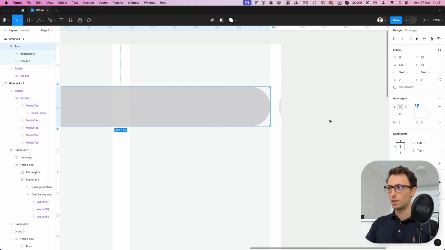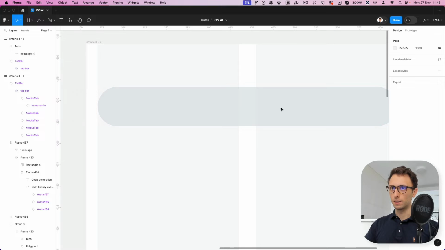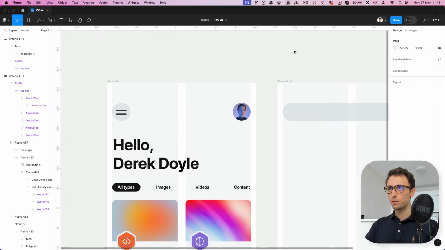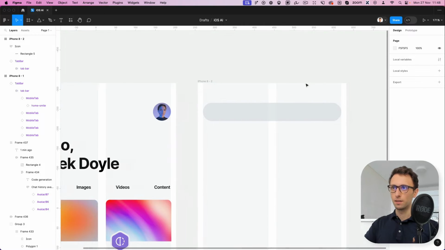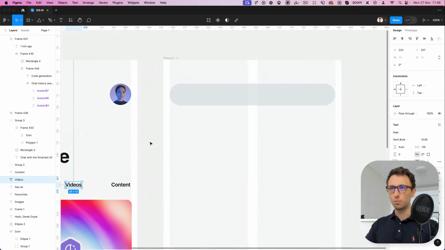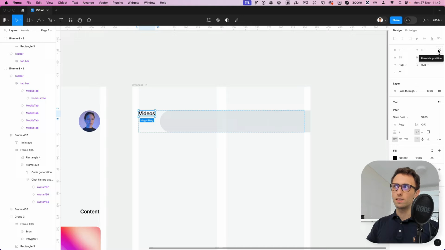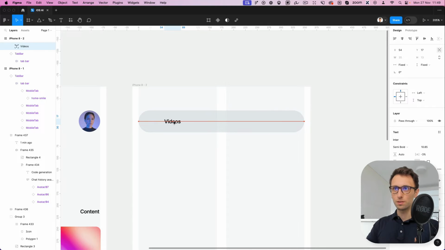I'm actually going to pick up the same color, and now this one can go. So we're trying to match vertically on the same lines the search bar, and now I'm going to pick up the text, add it over here. As you can see, we have this issue. So there's a few ways that we can go around it. The easiest one in this case is just the absolute position, so I can simply click in and make it absolute,